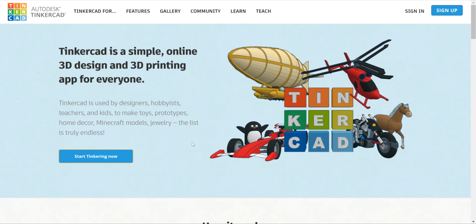Alright, so we're going to do a quick little tutorial on Tinkercad and how to get started. So you're going to go to tinkercad.com, where you're going to follow the link that is inside the assignment that your teacher has provided for you in Google Classroom. We're going to click on sign in, not sign up, but sign in up here at the top of our screen. Once I click on sign in,